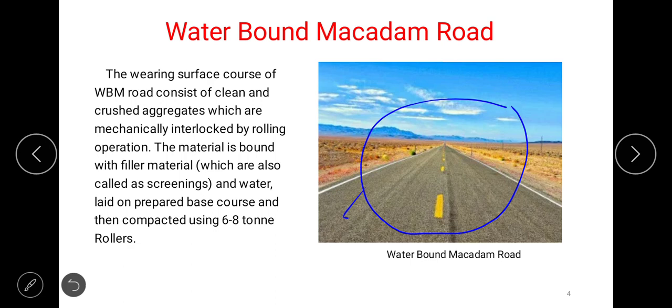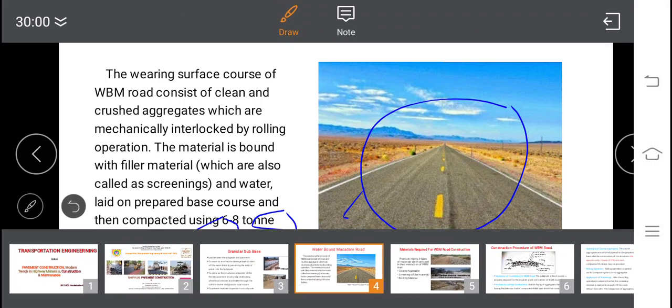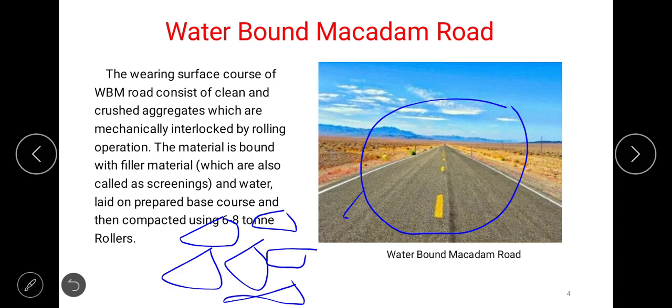Means the granular particles of different sizes varying from 25 mm, 40 mm are placed and it is compacted. Thereby these interstices will be filled with small aggregates and sand particles. Thereby there will be proper interlocking of materials. Okay.